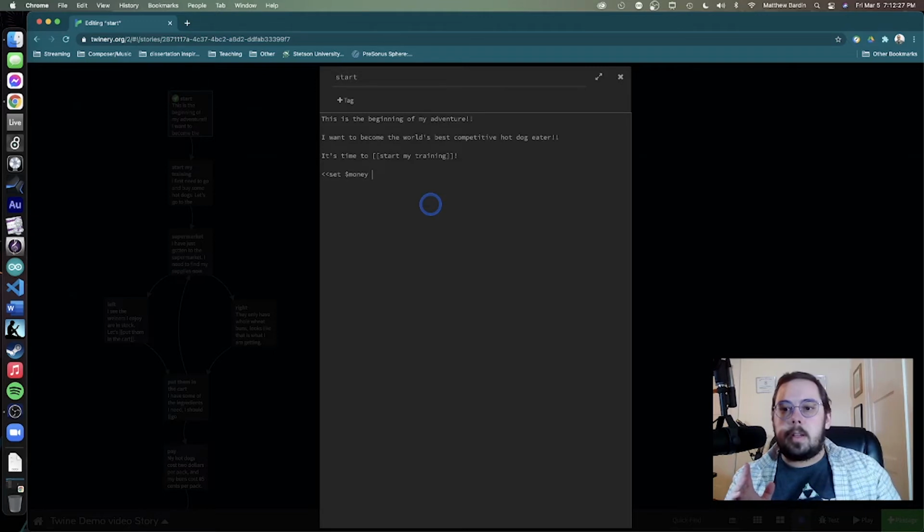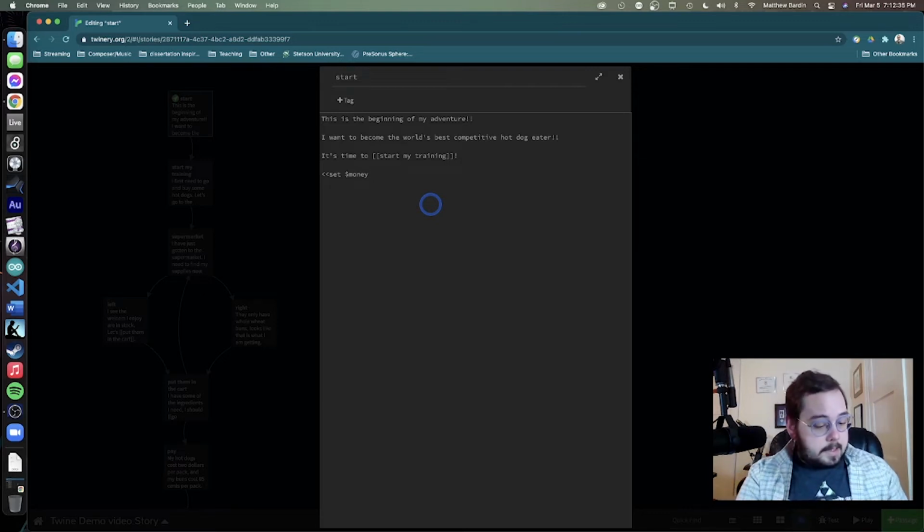So that'll be, because we're going to the store to buy some stuff, we're going to need the money variable here. So let's just say I have 1,000 money. Set $money to 1,000. Close out the command line. We have now told the computer, put the value 1,000 in here. And then we can just refer back to this anytime we want by typing out